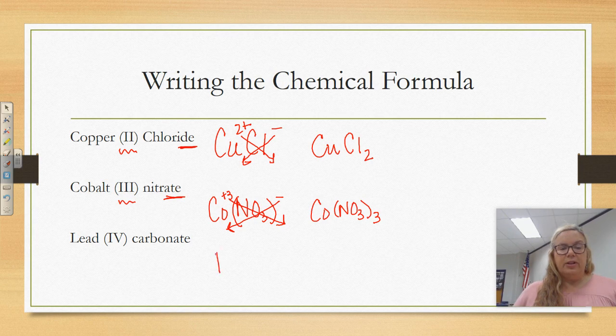The last one I have is lead, and even though lead on the periodic table doesn't look like it's a transition metal, lead and tin very much act like transition metals in this regard. Lead has a +4 charge from the Roman numeral IV. Then we see carbonate, so we must know that's a polyatomic, and carbonate is 2-. So when we crisscross, we bring that 4 to the outside and bring the 2 here. So we have